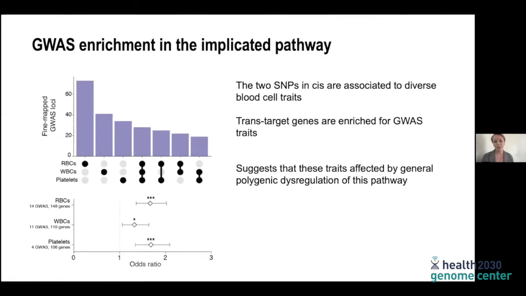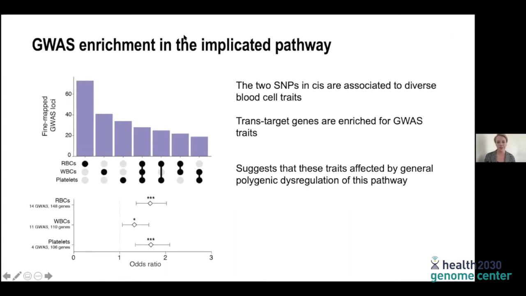So these two SNPs in the GFI1b locus are associated with a diverse set of blood cell traits, a little bit of this and that: platelets, some white blood cells. But what is exciting for me, and something I was extremely positively surprised about, is that when we looked at those trans genes that I showed you on the previous slides and the GWAS signal there, we actually saw that these trans target genes are also enriched